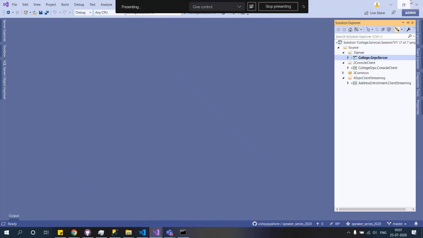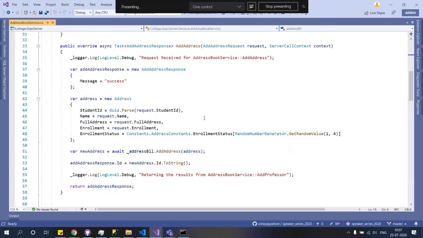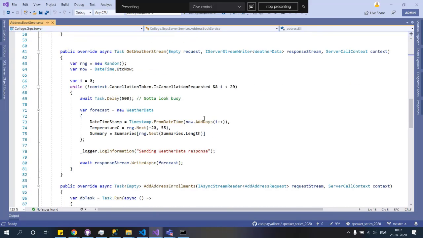It's something like that. Let me show one piece of sample which is not exactly this one. It's a hello world sample, but the main concept is the same. If you see the server side streaming, what is very important is we need to write the information to this guy.